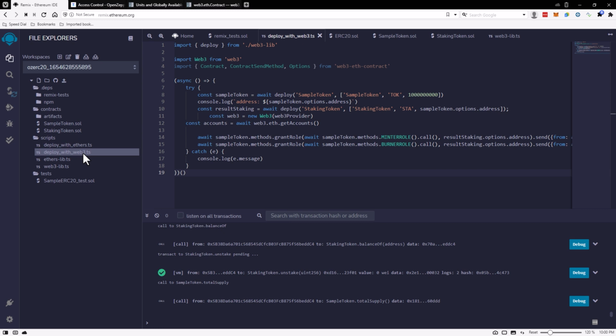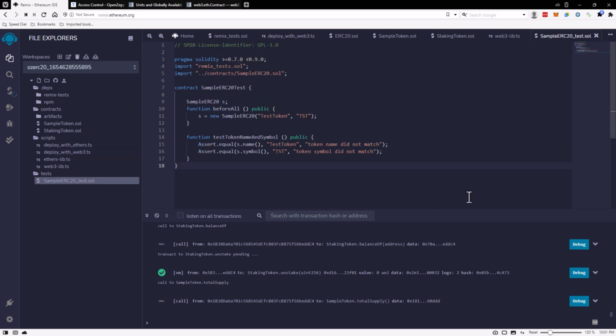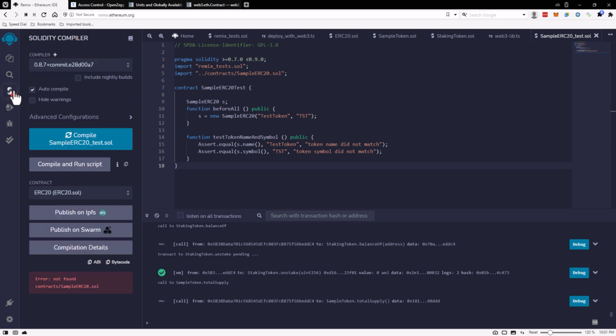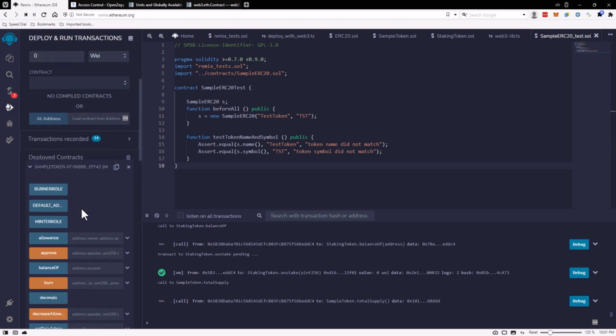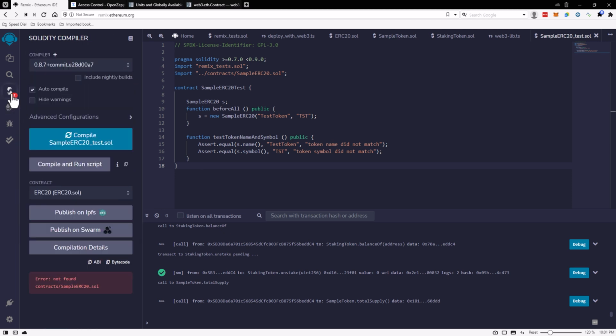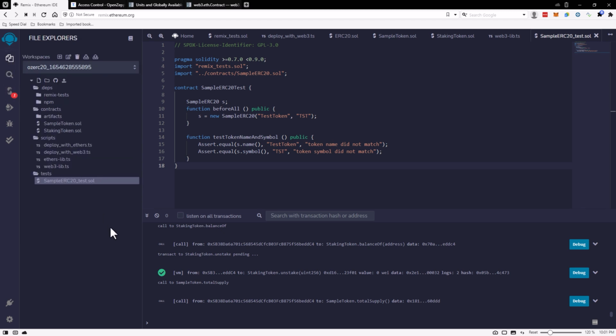So let's take this example. We already created a token. I don't have to create it from scratch. I don't have any tests in here yet, and I'm not exactly sure how to write these tests in Remix. I see that there are solidity tests. I'm not exactly sure how to start them. That's kind of my problem. Maybe I have to look it up. I don't know. But definitely, we can run at least 1 or 2 tests in Truffle. We can run 1 or 2 tests in Hardhat and 1 or 2 tests in Foundry and see how that